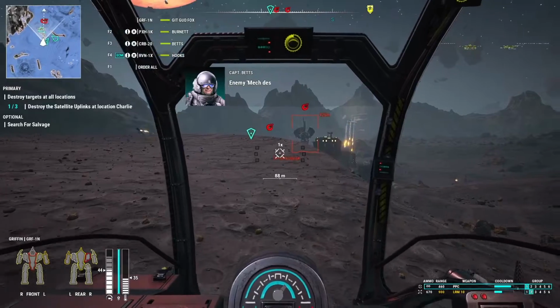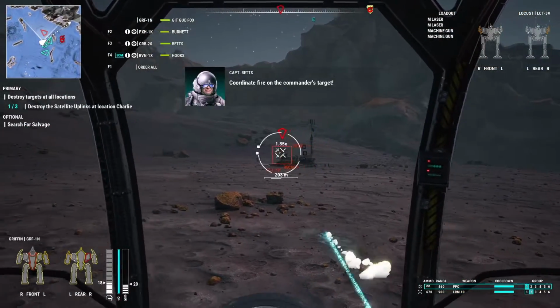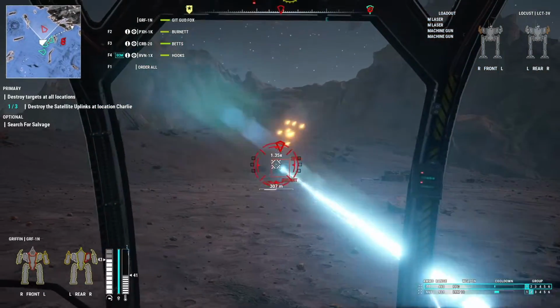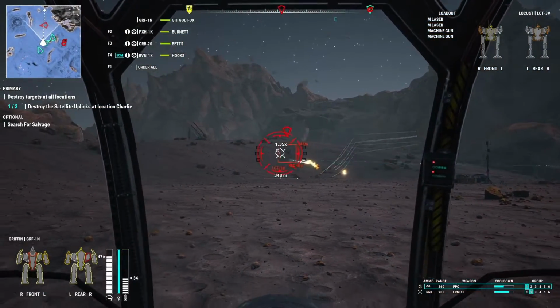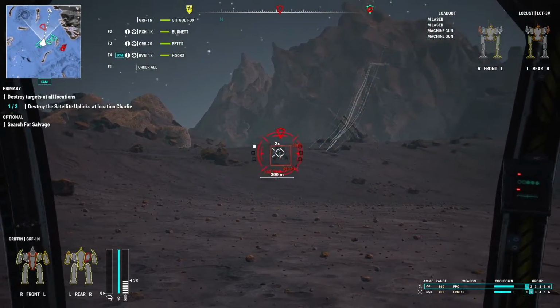Man, this guy is holding out. Okay, we got ourselves a Locust here. That's annoying. It's going to be really hard to get some hits on this guy. But fortunately, I guess I don't have to worry about that by my aim with missiles, since...